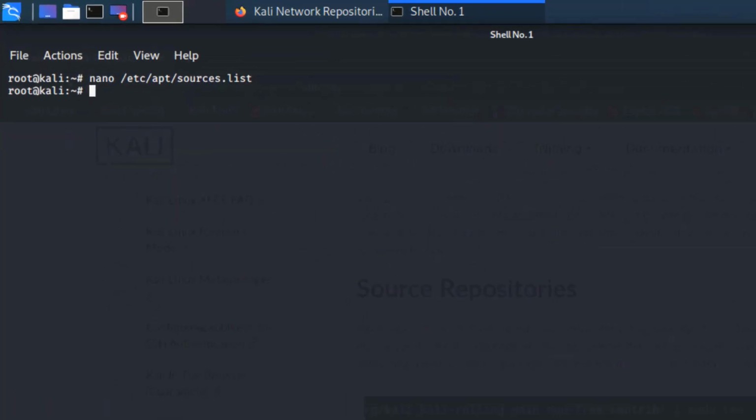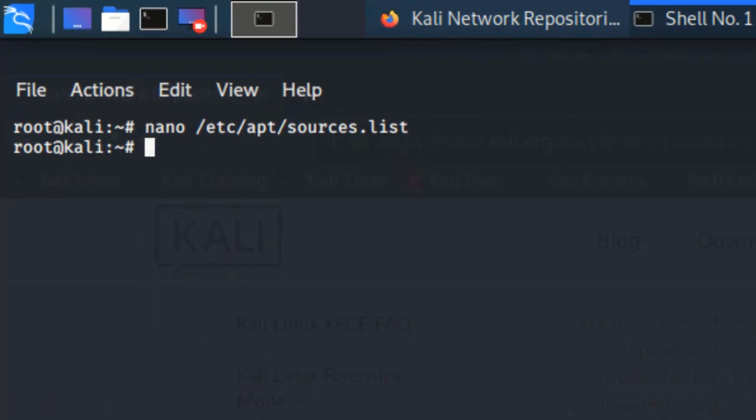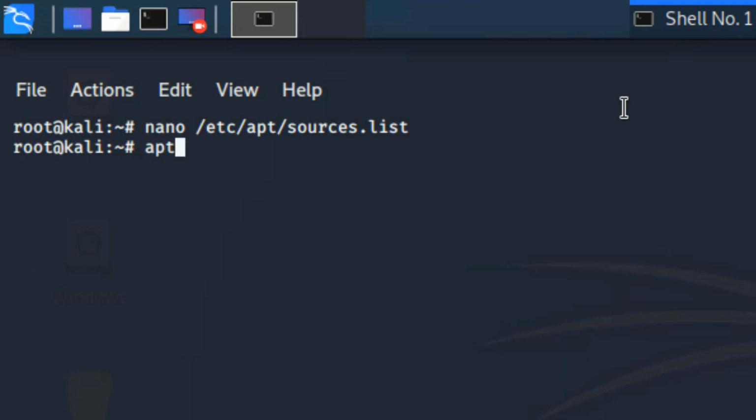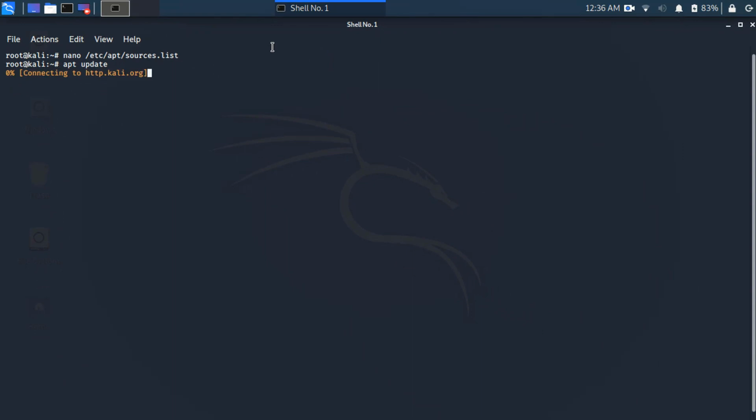Now enter the command apt update. It will update all the packages, all the repositories which we have just added in our system. It will take a little bit of time to update. Each time you have to update the sources list so your system will be updated.